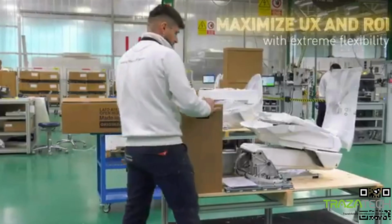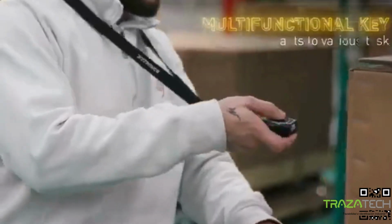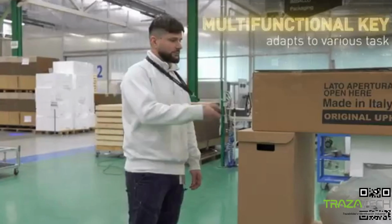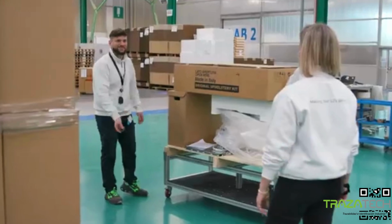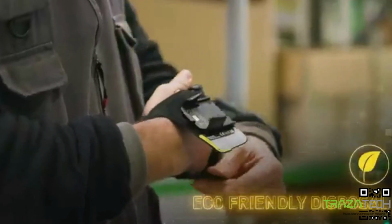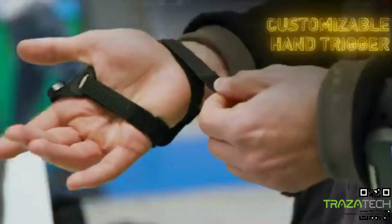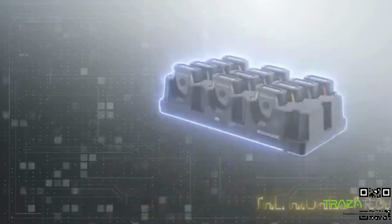Maximize user experience and return of investment with extreme flexibility and modularity. CODiScan's multifunctional key and versatile hand trigger adapt to various tasks, simplifying asset management. With washable fabric, eco-friendly disposal, and customizable hand trigger and charging options, it ensures optimal performance and the highest return